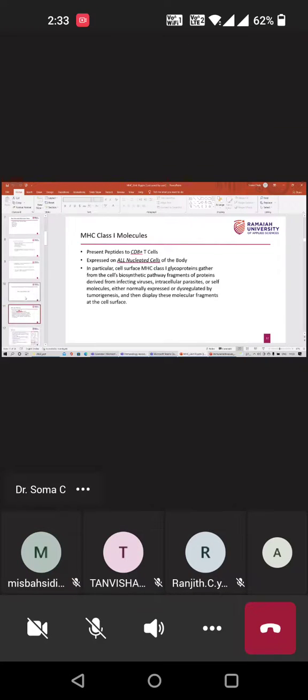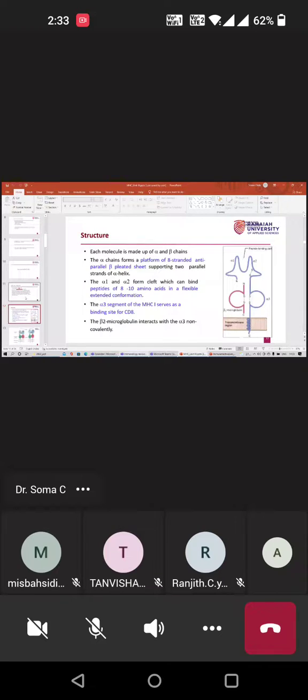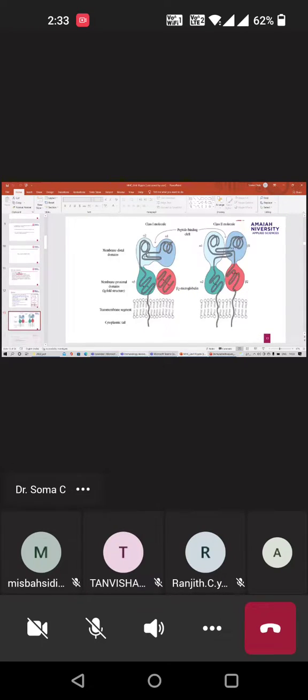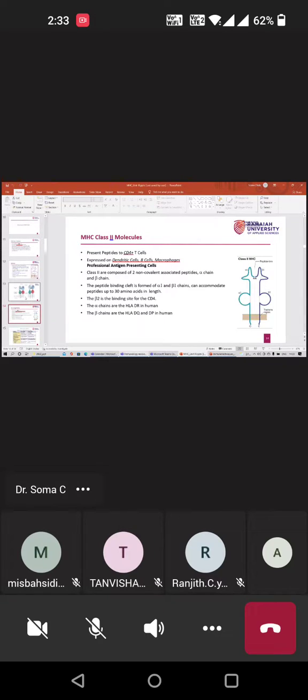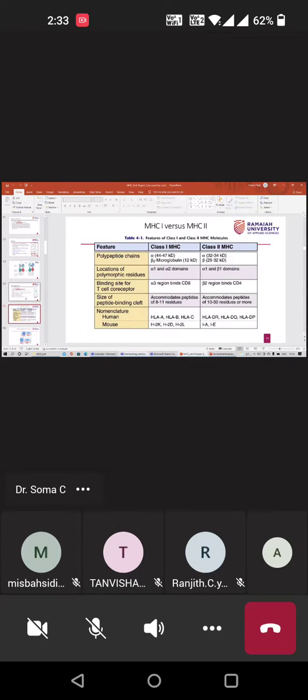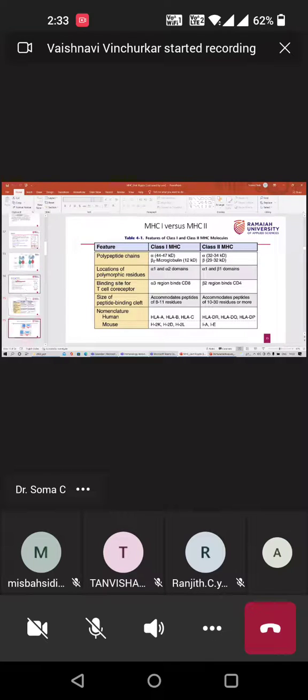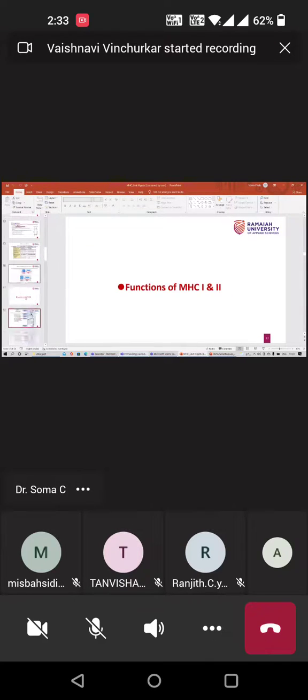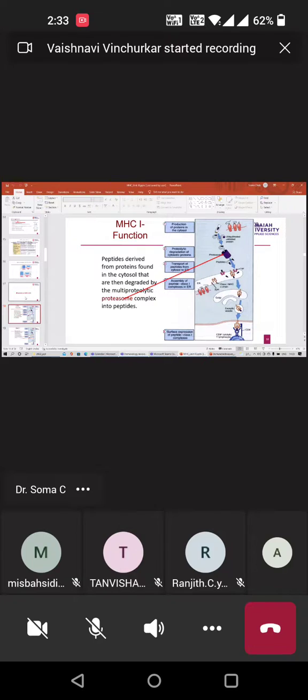The structure, okay, the structure. If you see the structure, you have to study this one. Definitely MHC class 1 molecule and class 2 molecule, how they look. And there are a few very simple points that describe how it is comprised. Comparative analysis you can also see. And the functions, when we talk about the function, the same picture, I think you have studied, I told you during the APC,